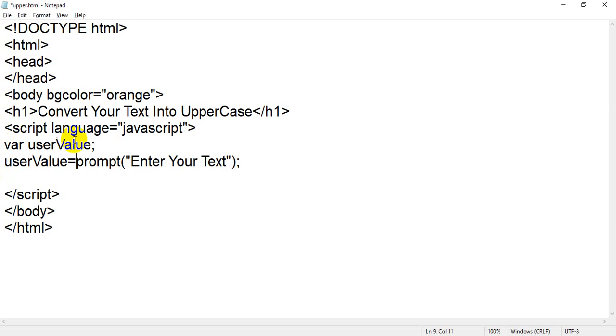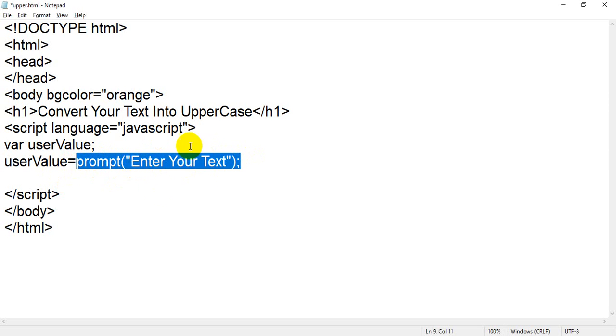What I have done, I have just put this variable. First I have declared it. Now I am going to assign this value, user value. See this one, user value equal to. Now what is the objective of this line? This line we have seen, okay, up to this will create a prompt box. Yes or no? Yes, we have seen. First I have written this line only.